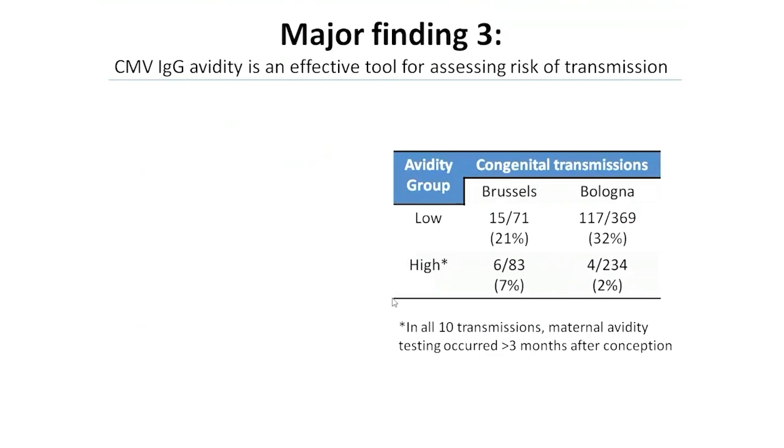This is the data sets from 2 of the labs, Brussels and Bologna. You can see that women in the low avidity group had transmissions in the rate of 20 to 30%, whereas individuals in the high avidity group had transmission rates in the single digits, and a total of 10 here. And interesting, in all 10 of these transmissions, avidity testing occurred more than 3 months after conception, in other words,